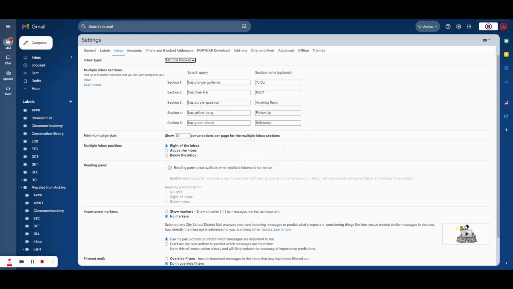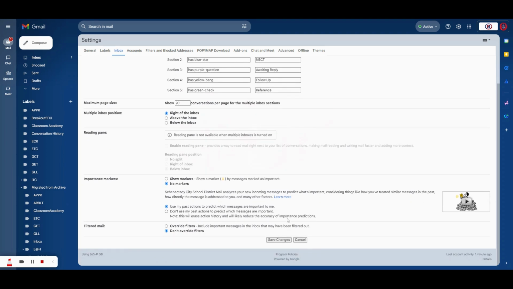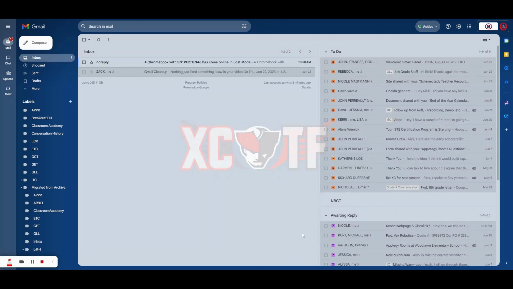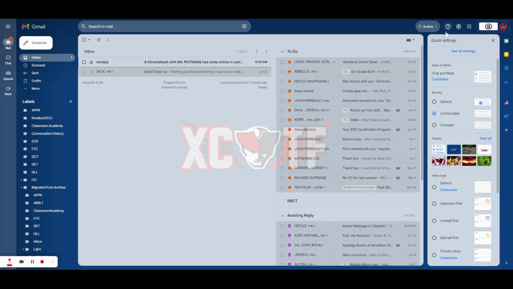Over here on the left, you'll see sections 1 through 5 and a search query. We're going to look at that in a different part of the Gmail settings to show you which ones you can pick, because there are more choices here as well. So go ahead and name these, then scroll down to the bottom and click save. Once you've done that, you'll see mine has popped up that way because I've already set it up. We're going to go back into settings,